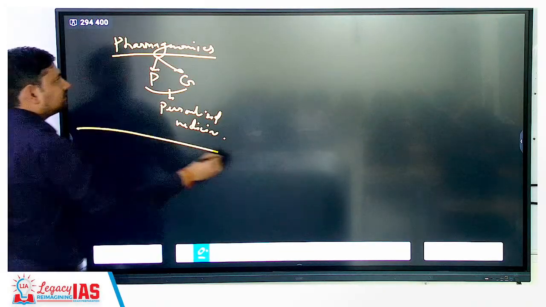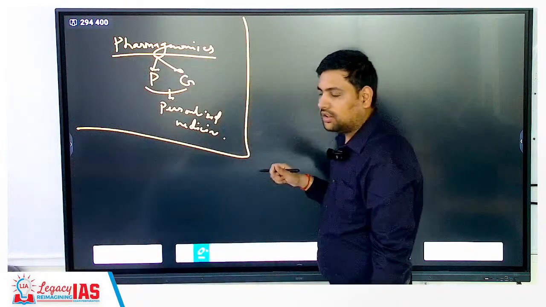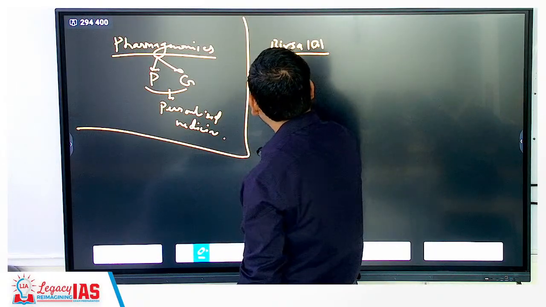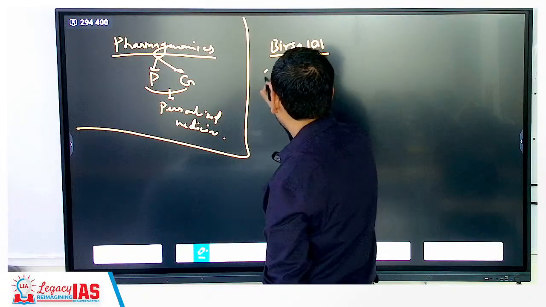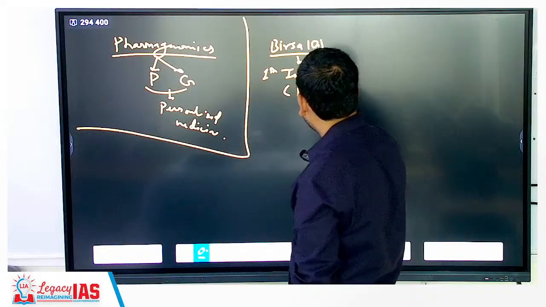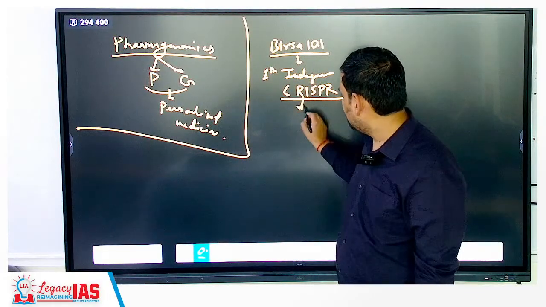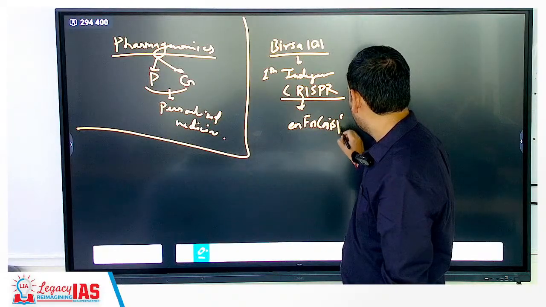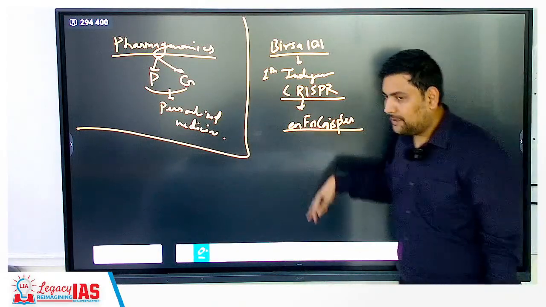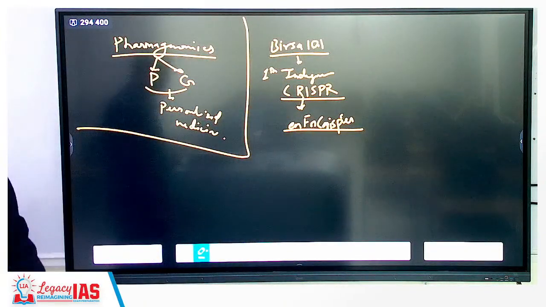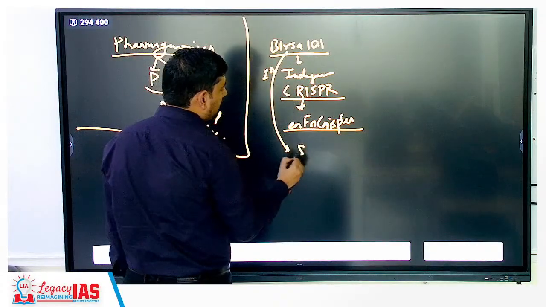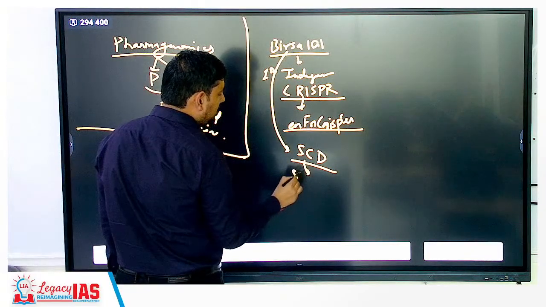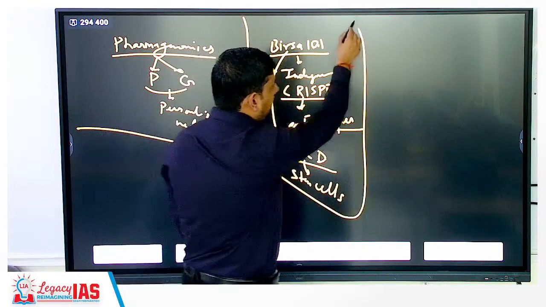Then next is, so this is BIRSA 101. So this is basically completely indigenous. This is first indigenous CRISPR based technology that we have developed. For this we have our own platform. Okay, I think this was the name. Okay, so this is our own platform that we have developed. Then this will deal with sickle cell disease. Okay, so there is no need of donor, and of course it will be using stem cells. Then next